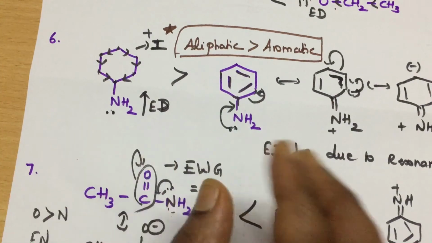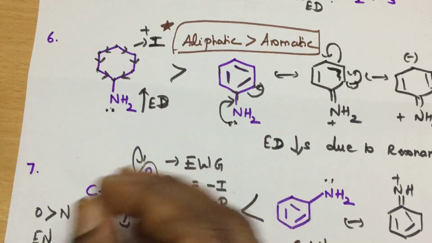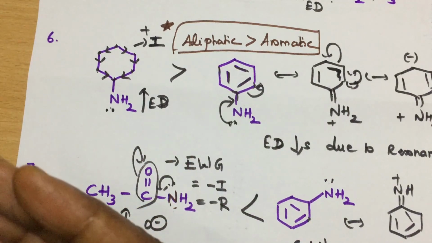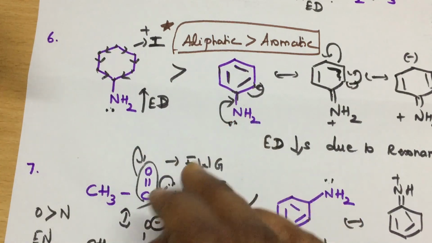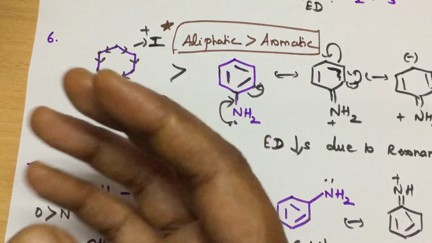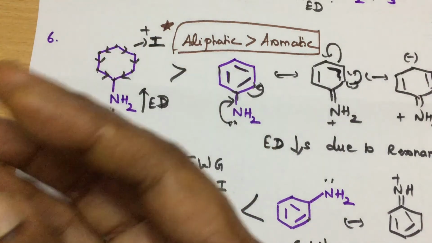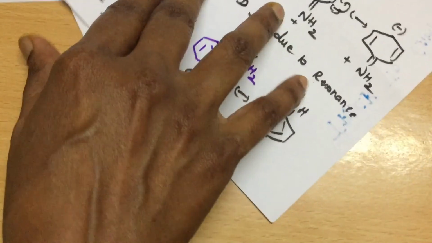And in my next video I am going to fully focus on the aromatic system: how the electron withdrawing groups and the donating groups are going to affect the electron density in aromatic groups, and the position of the groups, whether present in ortho, para or meta, and how it is going to affect the basicity. Please do watch the following video, that is very important.